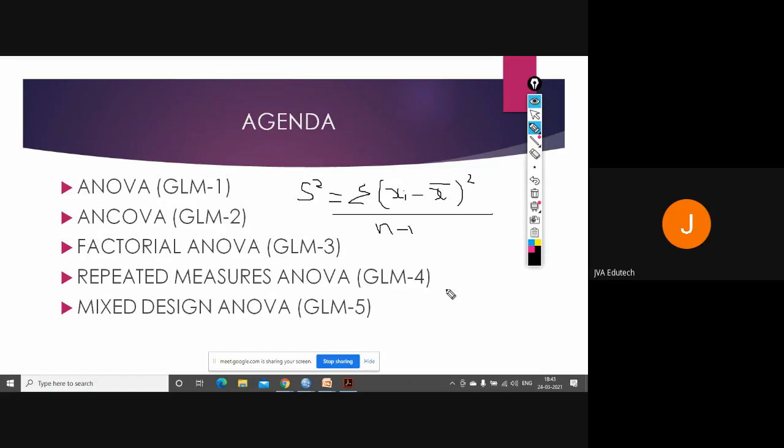Where xi is the value of the ith term, x bar is the mean of all the